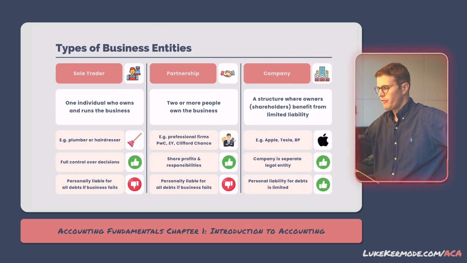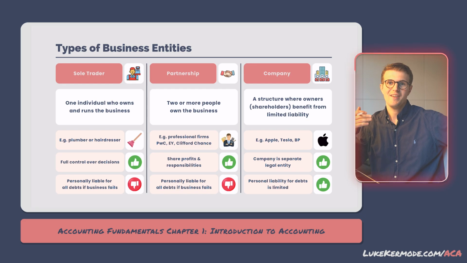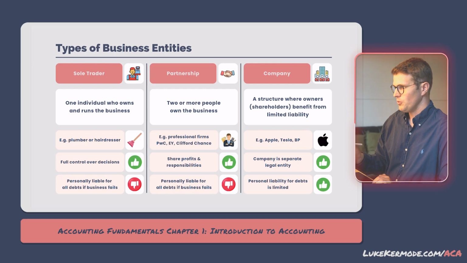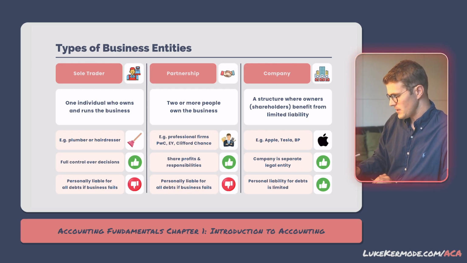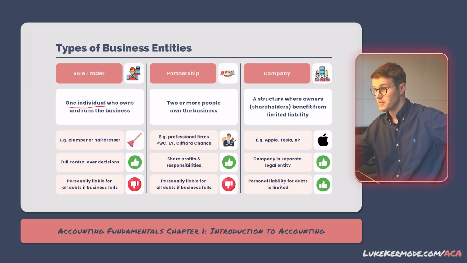When it comes to profit-focused businesses, there are three main types. We've got sole traders, partnerships and companies, and each comes with their own pros and cons. We'll start with sole traders. This is where a single individual owns the business. They keep 100% of the profits if the business is successful, but they also take on all of the risk